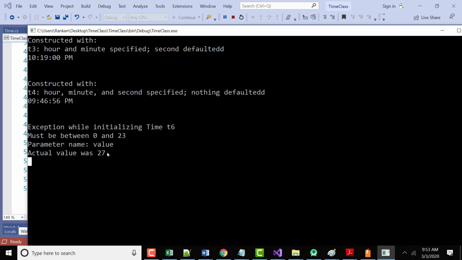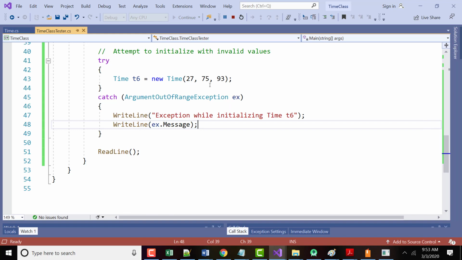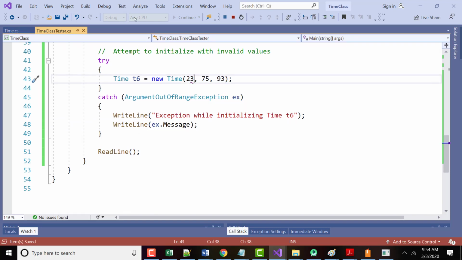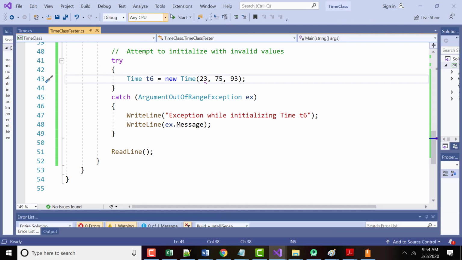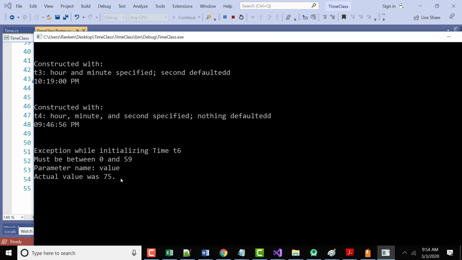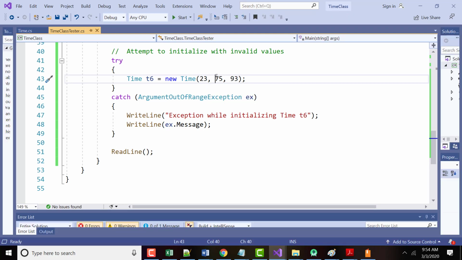I could do it again, just so you see this, and I want to make sure you do. I'm going to make this 23, and I'm going to run it again. And now it blew up and it said 75. See, it showed it blew up on the second one. Then I could come back in here and again make this 55, but leave that at 93, and it tells me